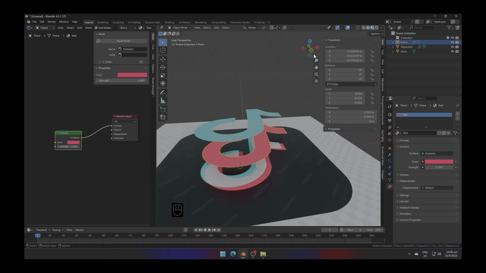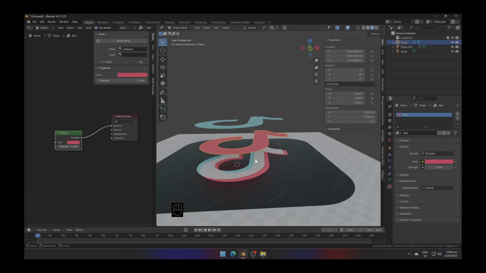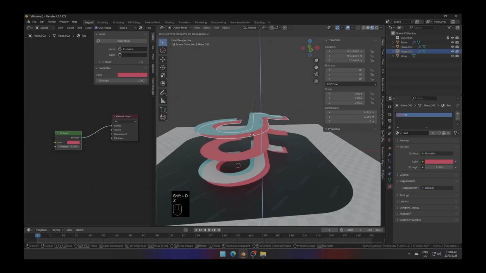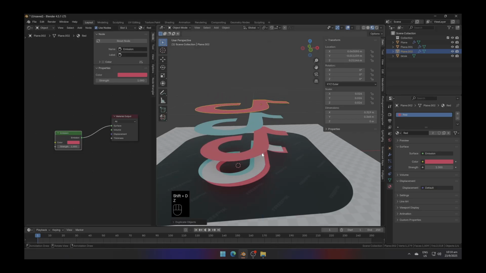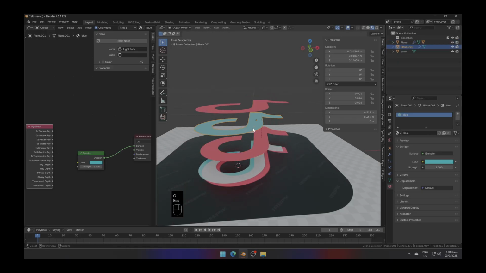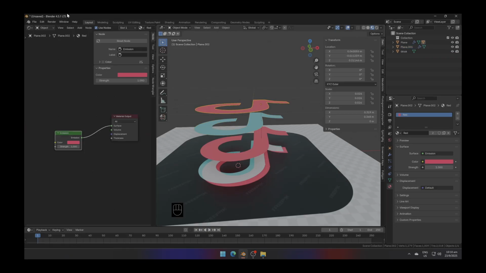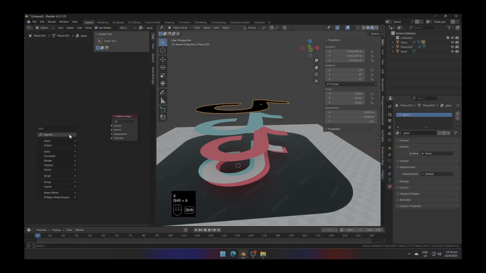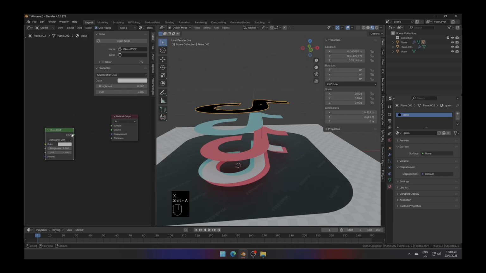I'll talk you through this by first duplicating another one of the red. Maybe it'll be a bit clearer if I have a visual. So duplicate this, bring it on top exactly where this red is. In fact, let's parent the both of this so that it's always moving together. Control P, parent. If you move this, this moves as well. And the blue is in between this red and this red. And what I'm going to do is, for this red, I am going to give you another new slot and call this the glass. Delete the emission node and instead give it a glass BSDF